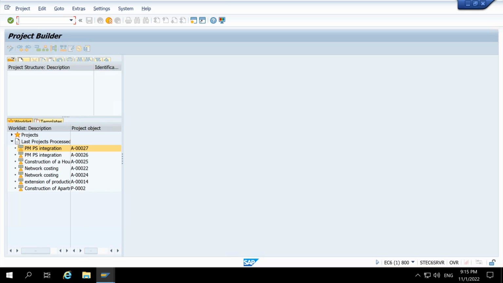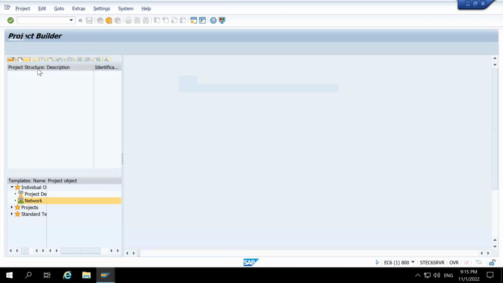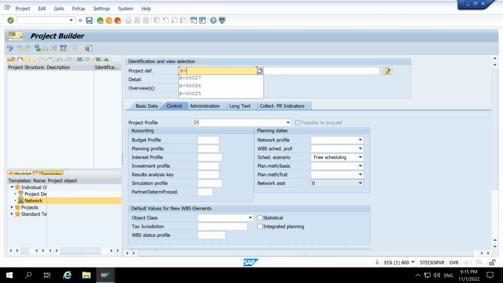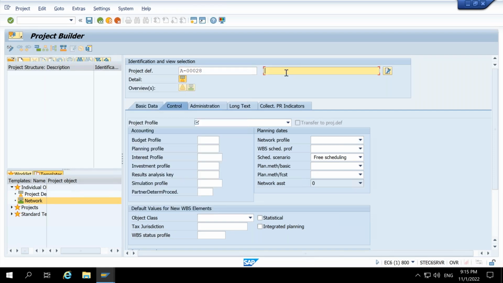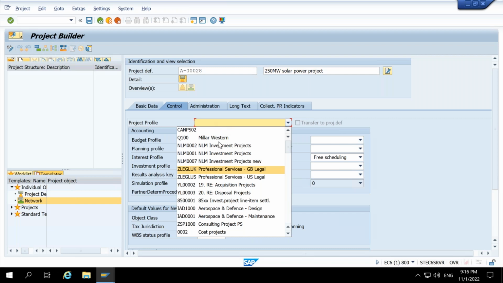Okay. So by means of everything manually, we are saying, okay, we are creating one project. Same thing we are first doing manually. It can have again the naming convention as per our requirement. And we are saying, okay, the project will be like, let's say 250 megawatt solar power project. Okay. Profile, we will choose our one. So our profile will be the,